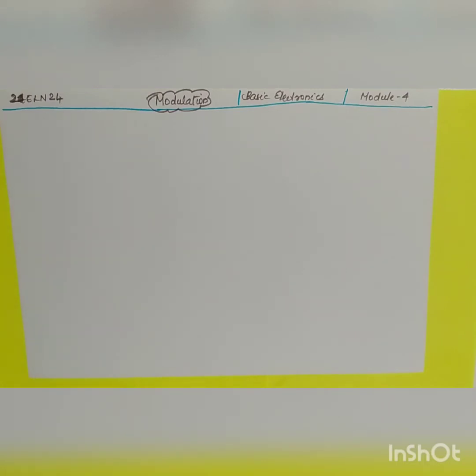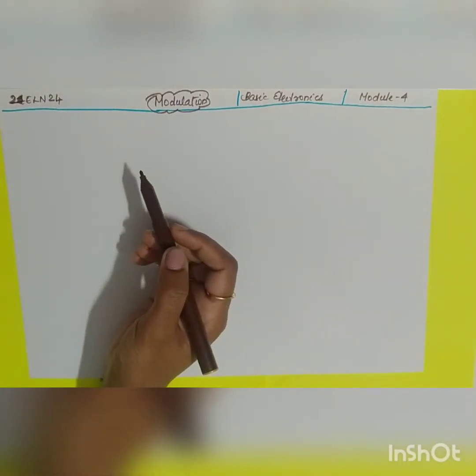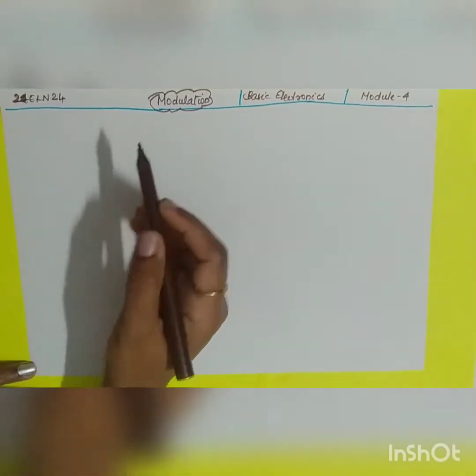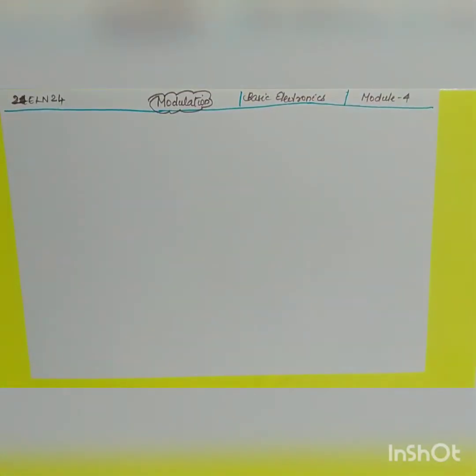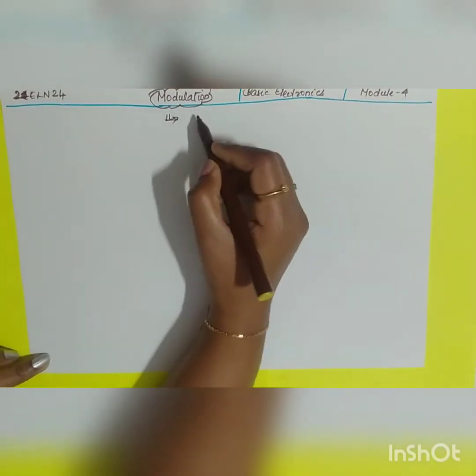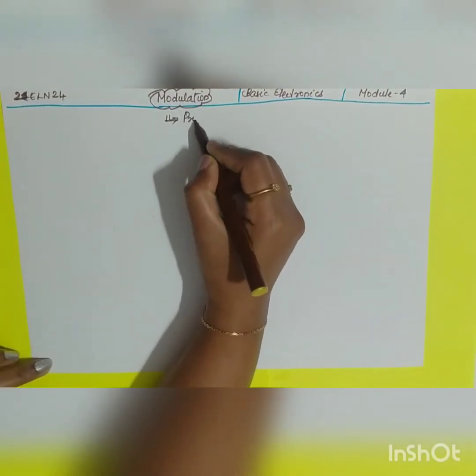So the next topic in module 4 is modulation. Okay. So what is meant by modulation? Modulation can be defined as a process by which some characteristics of the carrier wave is varied in accordance with the modulating wave, right? So I can define modulation as process in which